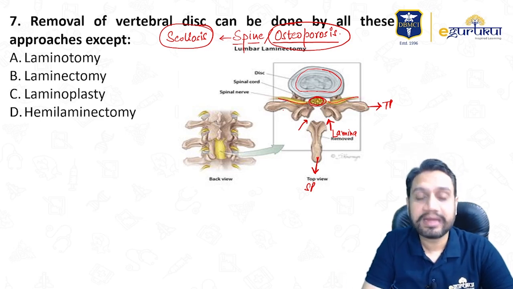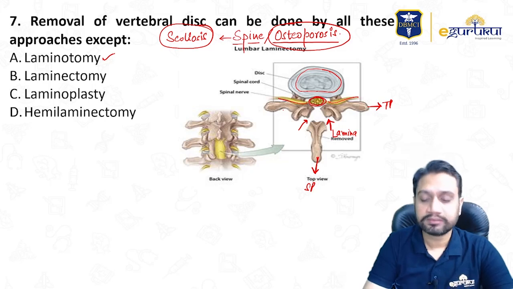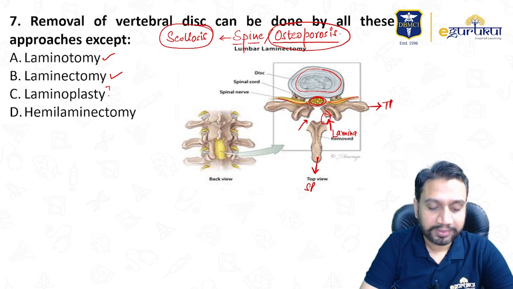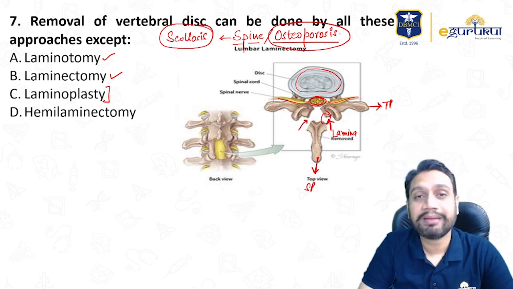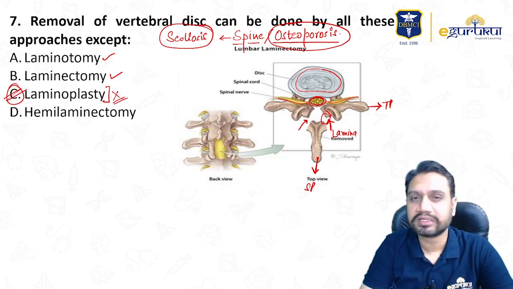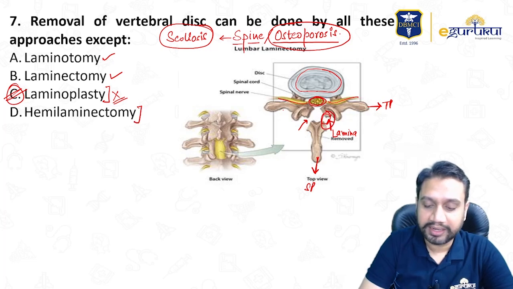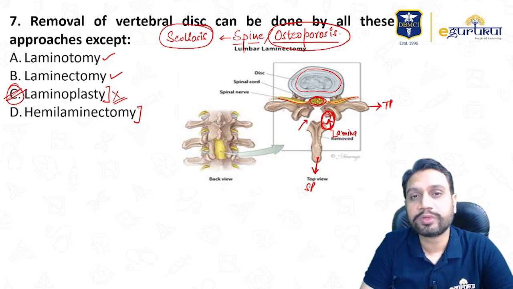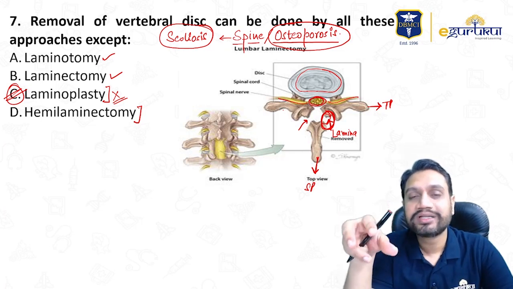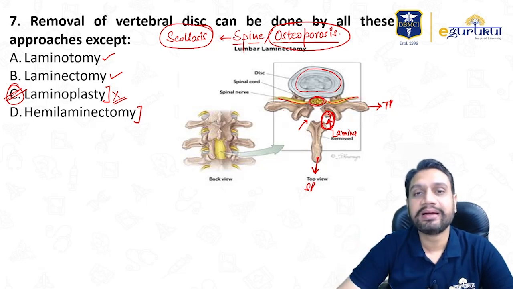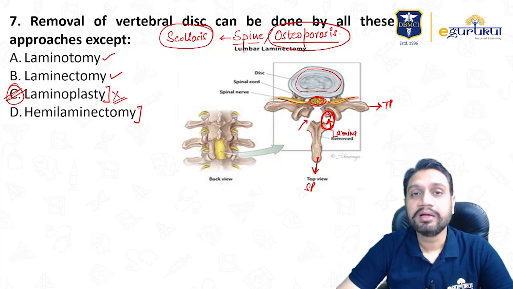That is laminectomy. Laminotomy is an opening that can be made to relieve the pressure on these nerves. Laminectomy, cutting it, can be done. Laminoplasty means repairing of the lamina. Why would I go for lamina repair? No, lamina repair is not an option here. Hemilaminectomy means only one half side of the lamina is cut. So any of the options where we make a passage through which the pressure on the nerve is relieved can be done. We cut the lamina by laminotomy, laminectomy, hemilaminectomy, but not the plasty. Plasty is the repair. We don't do that.